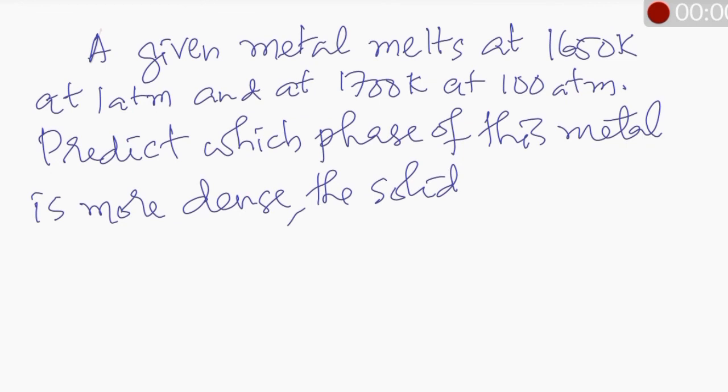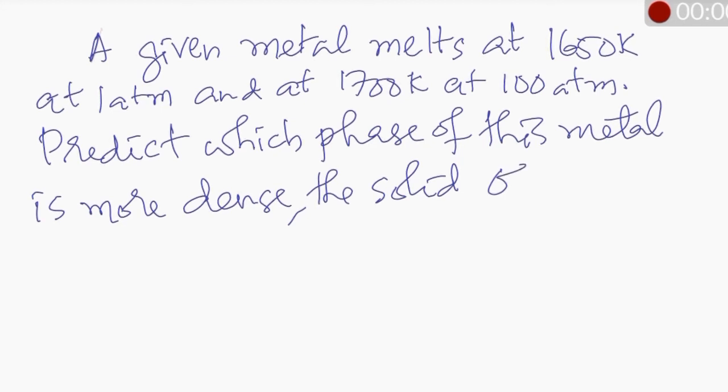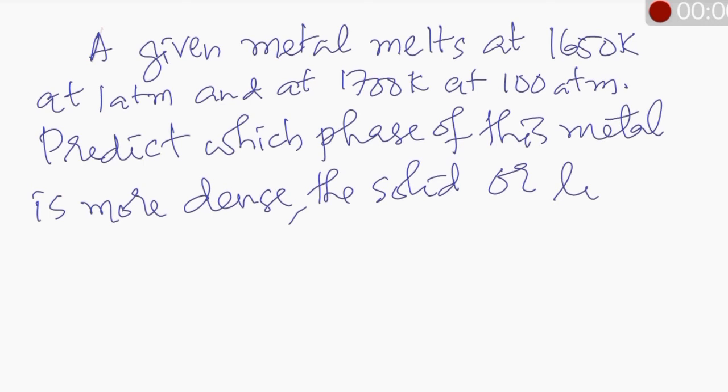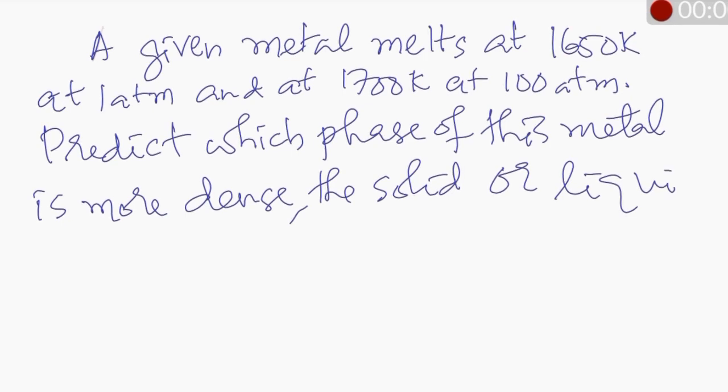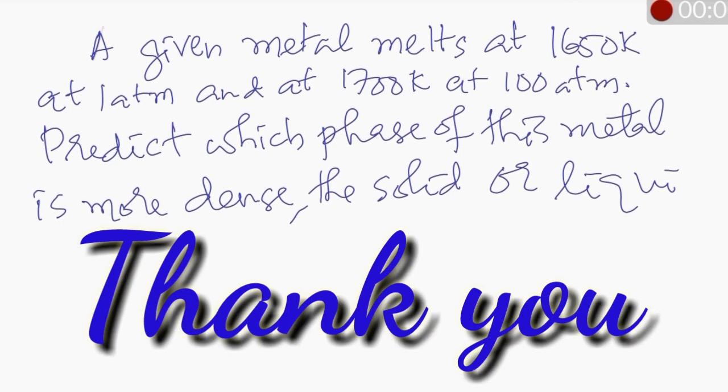And the second question is: a given metal melts at 1650 Kelvin at 1 atmosphere and at 1700 Kelvin at 100 atmospheres. Predict which phase of this metal is more dense. Is it the solid or the liquid? That's the question, and you need to explain your conclusion. So this is the question number